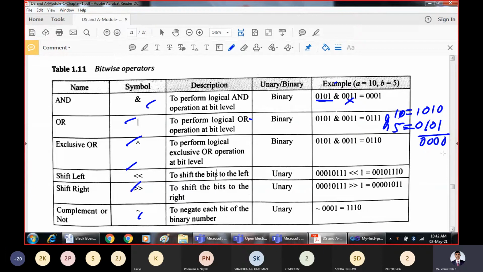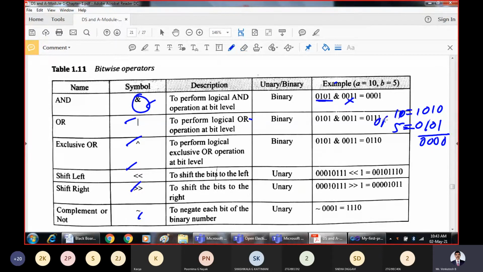So A and B will be 0. I think you have studied this in your previous subject. That is the truth table. We are going to study the truth table of AND, OR, exclusive OR, left shift, right shift, and negation. I think I need not explain all these to you.